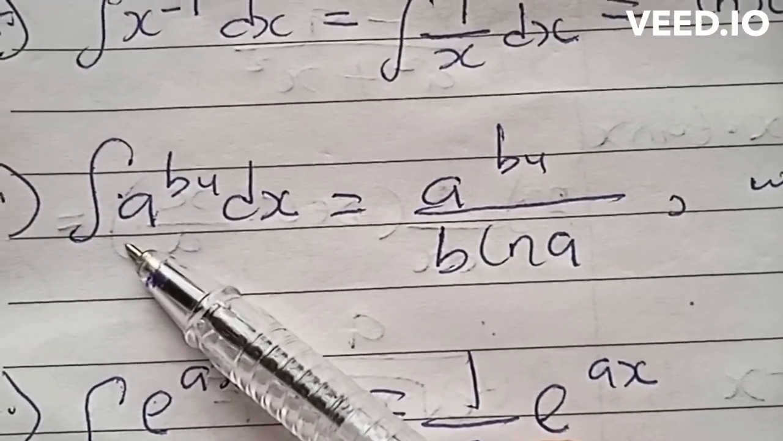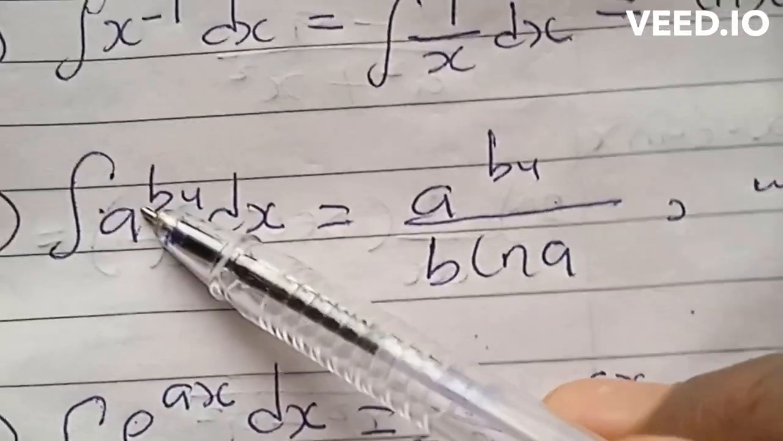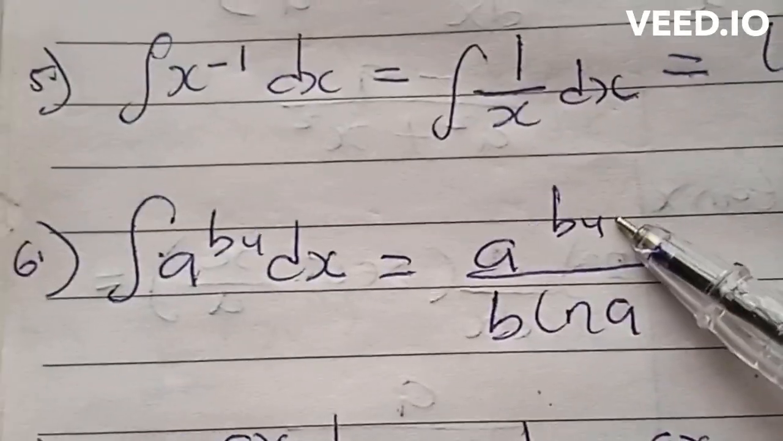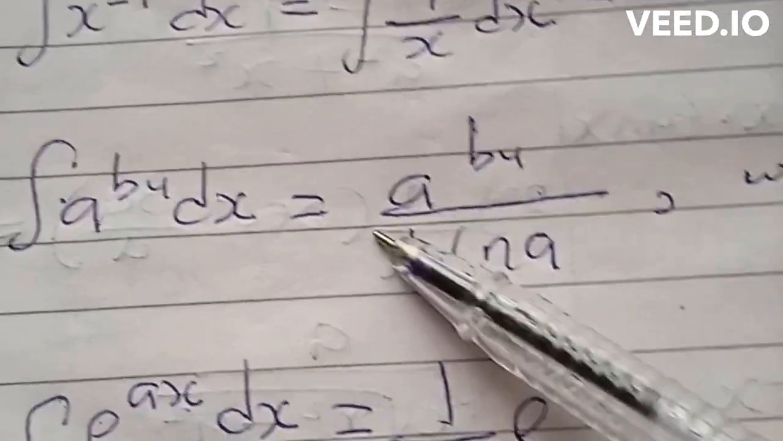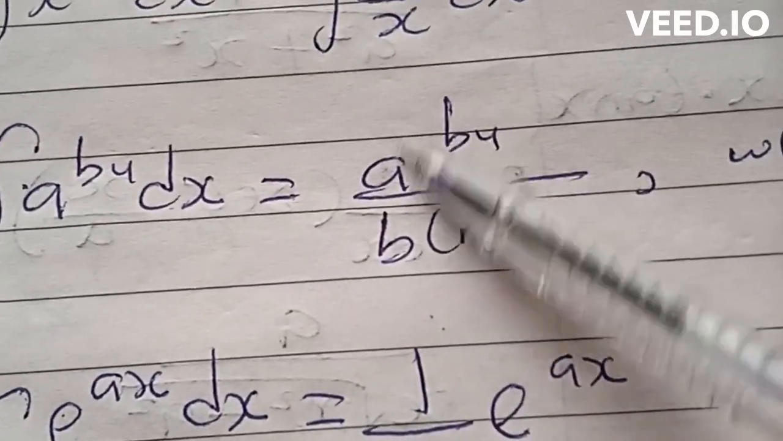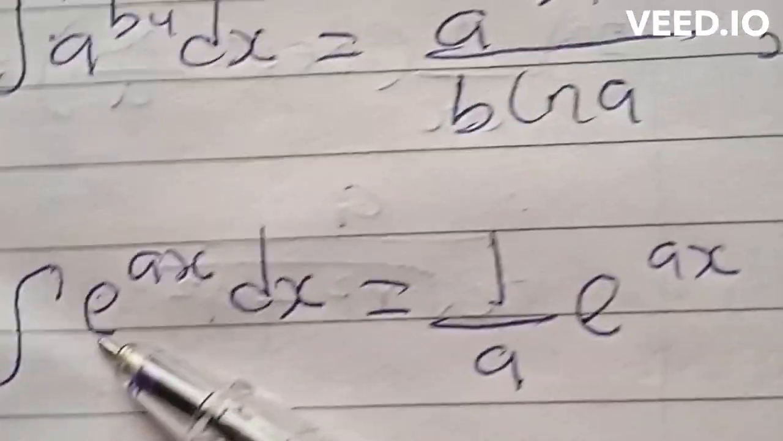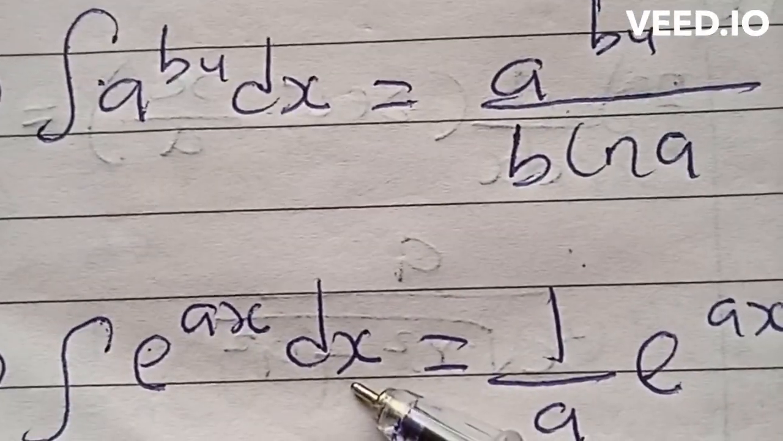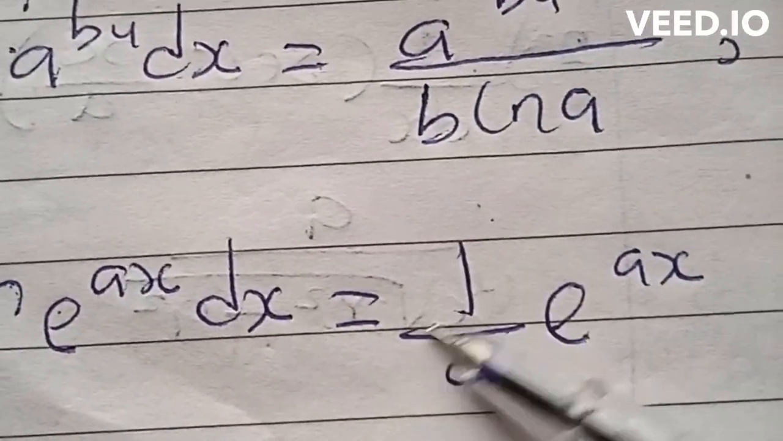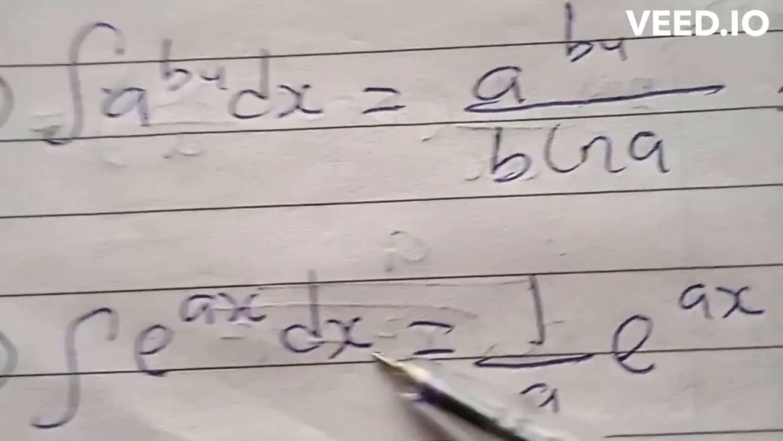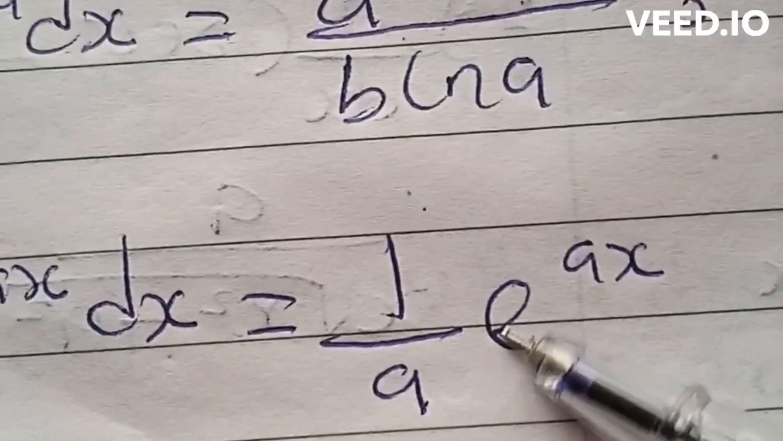Integrating a raised to the power bu with respect to x, where a is a constant, b is a constant, and u is a coefficient of x, you have a raised to the power bu all over b multiplied by the natural log of a, where a is not equal to 0. Integrating e raised to the power ax with respect to x, we have the inverse of the constant at the power multiplied by the whole expression. That is why we have 1 over a multiplied by e raised to the power